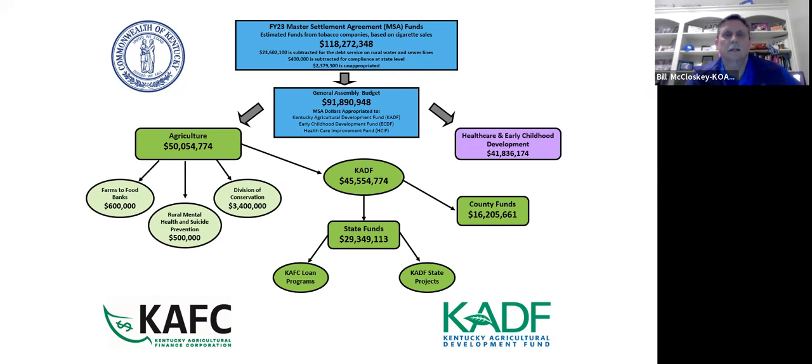So some money comes off the top. The General Assembly in infinite wisdom is now taking off some money to pay for water and sewer projects. I don't think anybody can argue that all our Kentucky constituents should have access to clean water and sanitary conditions. So that gets us to where we can start talking about 50% going into agriculture. Half goes over to healthcare and early childhood, and then we get $50 million in agriculture,